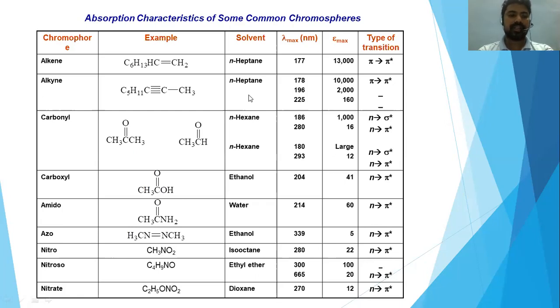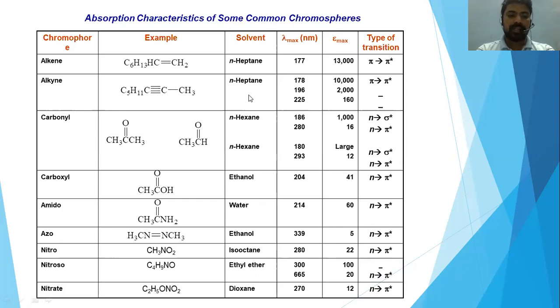So this is the difference we can find between alkenes and alkynes. Alkenes exclusively exhibit one kind of π to π star transition. Of course, alkynes also exhibit π to π star electron transition, but three bands appear. The band which appears at the maximum wavelength value appears with a very low absorption intensity value. It is the band we can see with less height.